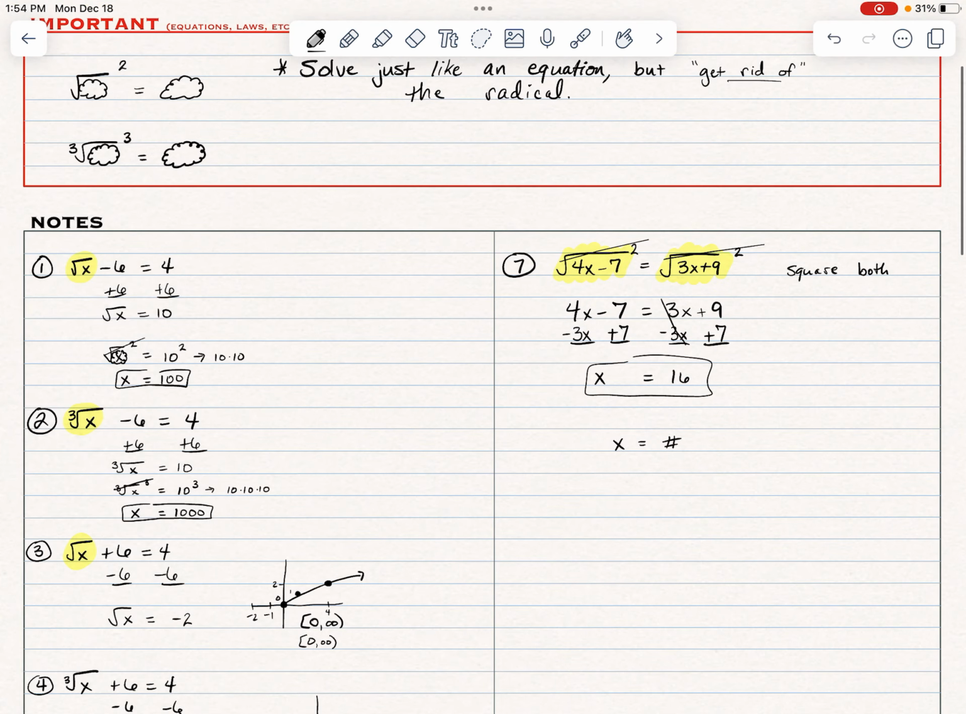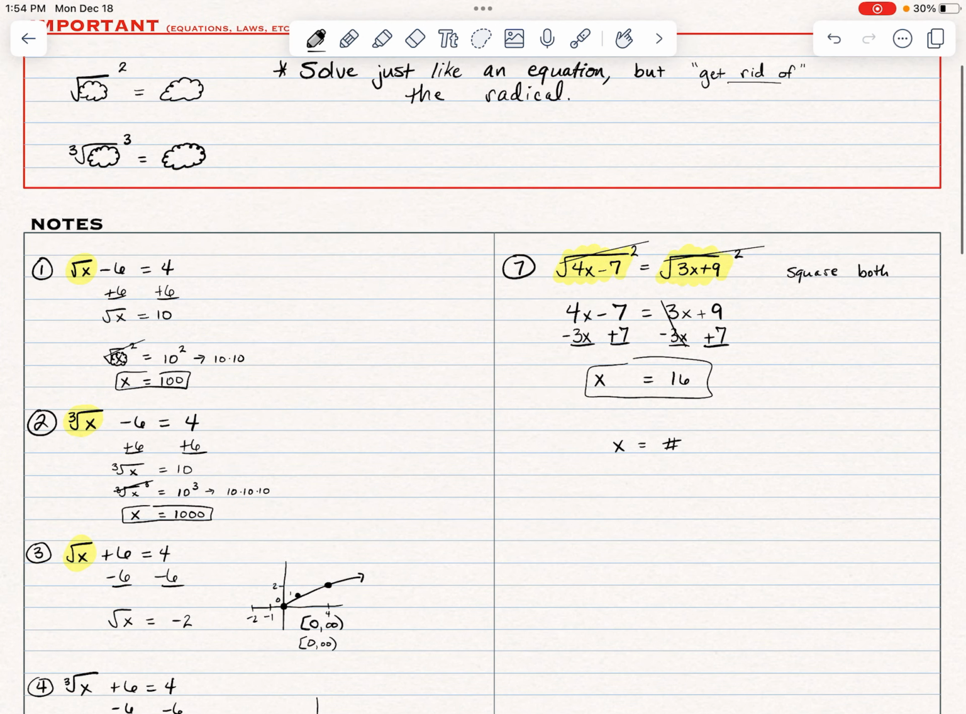So this will be a way that we can solve radical equations algebraically. The key to this is remembering that the square root squared is just what's under the square root, and the cubed root cubed is what's under the cubed root. So we can undo the radical or the root with either the squared or raising it to the third power. And this could also be for a fifth root of x. If you raise that to the fifth power, you're going to get whatever is under